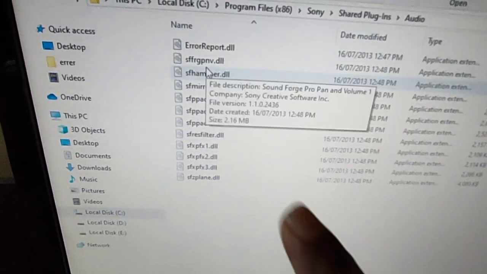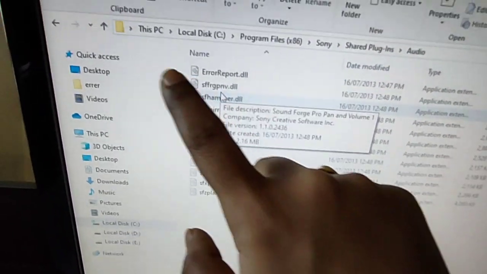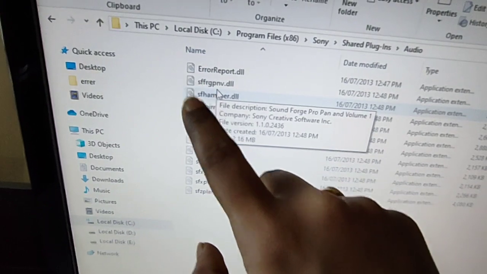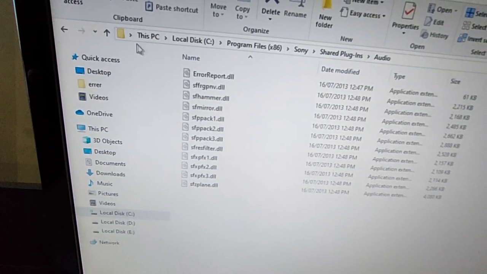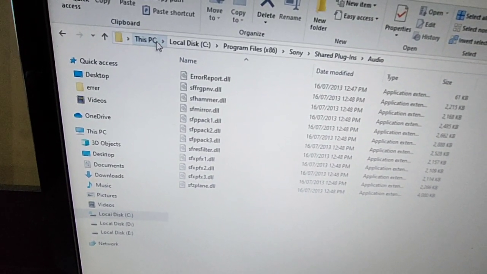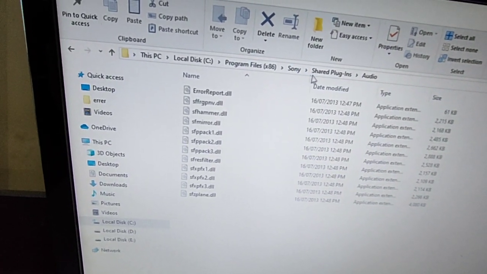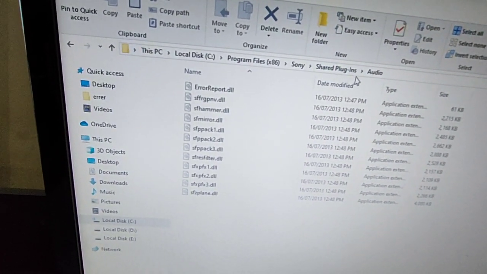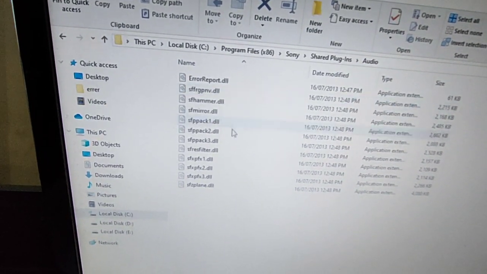This is the file icon. You can see here the file icon. Yes, this is the folder icon and this is the file icon. It means there are so many files under the folder. Which folder? The path is This PC, then Local Disk C, then Program Files, then Sony, then Shared Plug-ins and Audio. Under Audio, these are all the files.